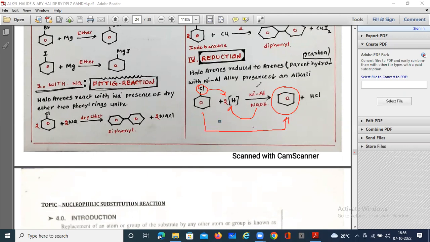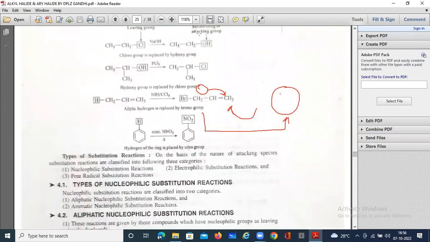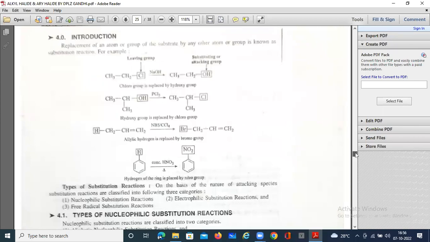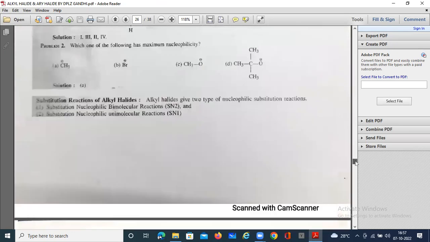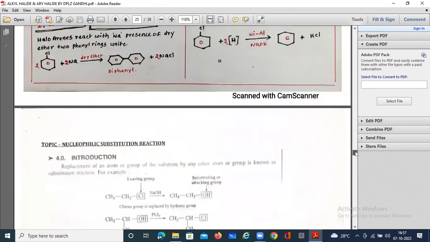So these are the four types of chemical properties of haloarenes. Okay, chalo. In the next class, we are going to learn something very, very important. Yes, now it is done. The next topic will be the nucleophilic substitution reactions, that is SN1 and SN2. A very, very important topic, to be learned in the next video. So till then, bye bye. See you in the